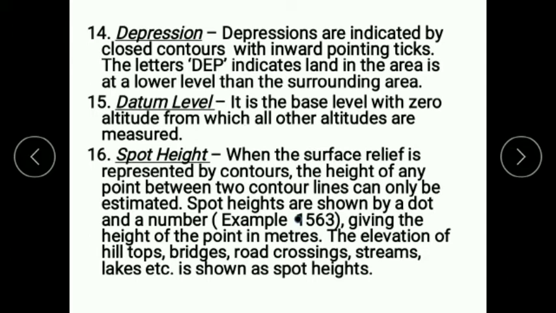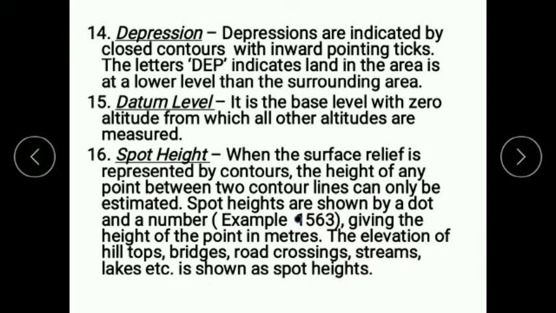Next, spot height. Spot heights are basically the height which is given at some point or a surface. Okay, so that means if so many contour lines are there at one place, the top one, the pointed one, will be the spot height of that place. And it is not only in case of contours but also in case of river banks, as well as any others which is given.